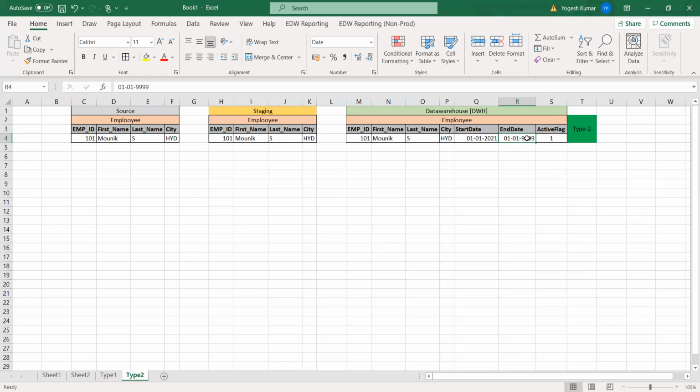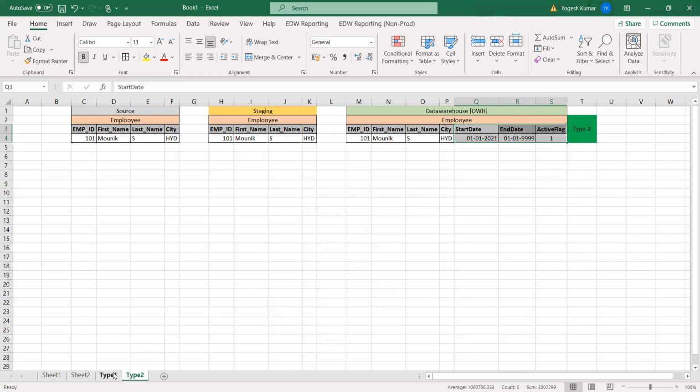So guys, this is how we use these three columns. If you loaded this data on today's date, the start date would be today's date, the end date would be the future date, or blank or null, and the active flag would be 1. Did you get this? How we are entering the data in these three columns? This is really important. Are you clear with it? Yes. Let's move to the next step.